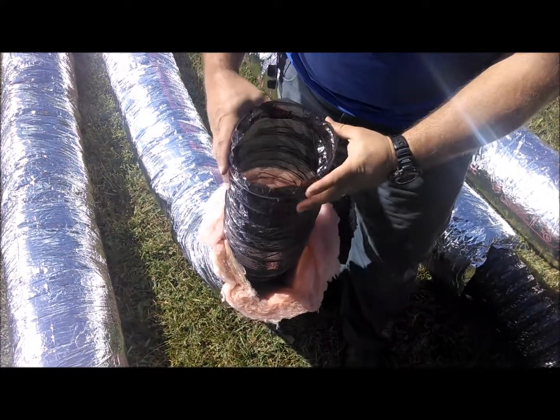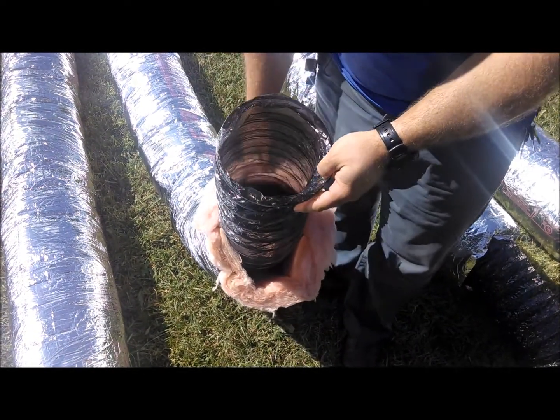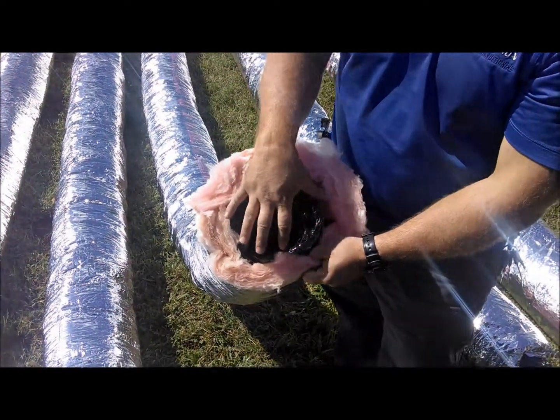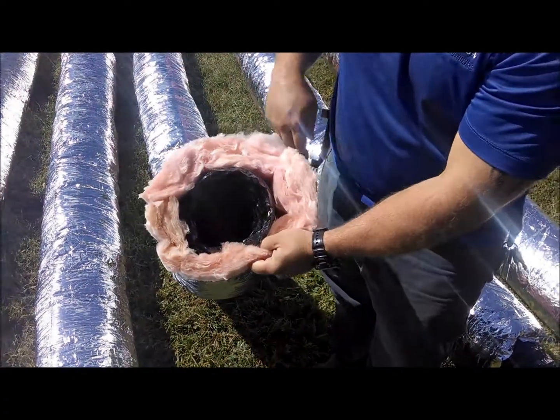And we get that on there sealed really tight. And then from that point, what we do is we pull the insulation over the top all the way to the boot as far as we can, and then we tape that down with mastic as well, as tight as we can. I want to bring you over here and show you just a little bit closer to where the trunk line